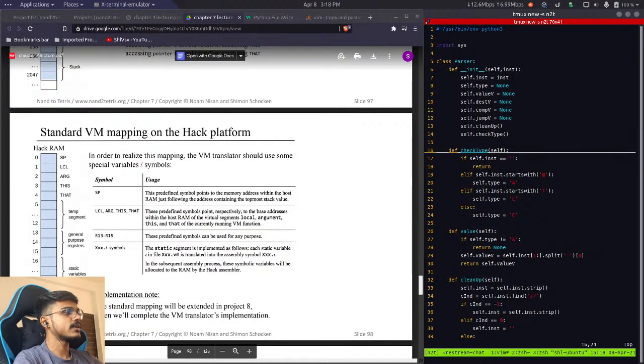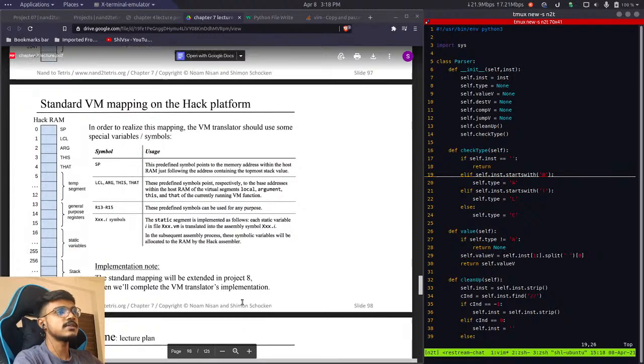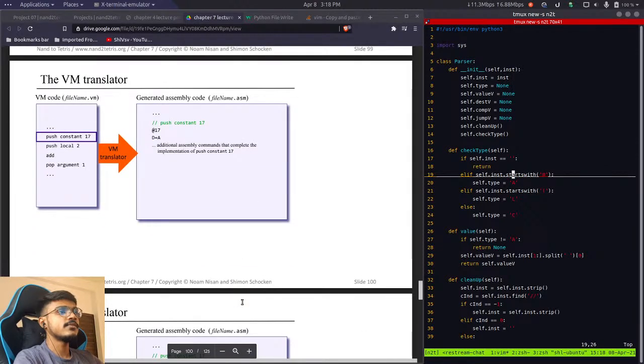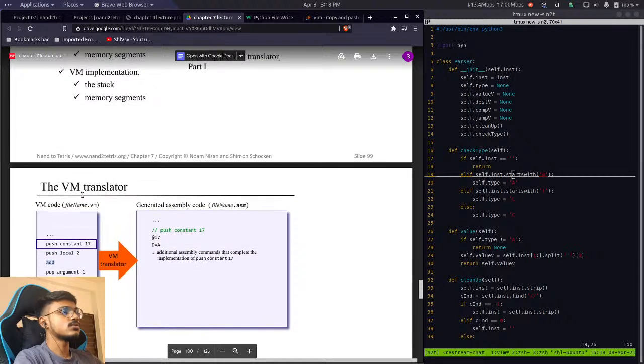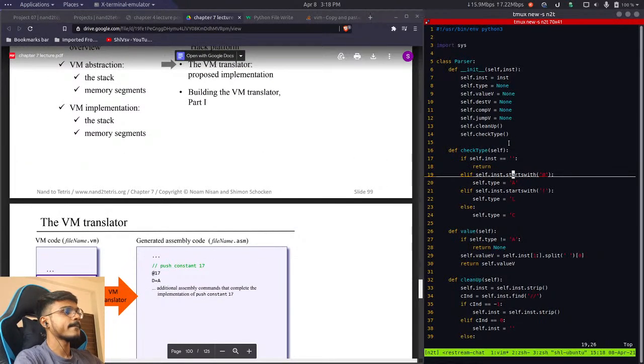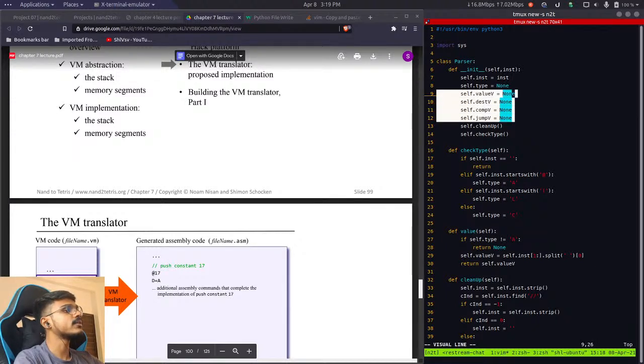First we are checking if the instruction is empty, then we return nothing. And if it starts with @, so now we don't have this kind of commands which starts with @. Instead, what kind of commands do we have? We have push, pop, addition. We'll see how to use this check type method later on, but for now